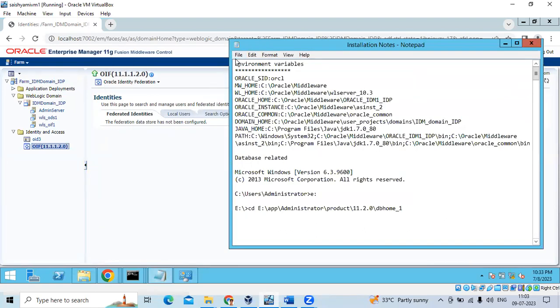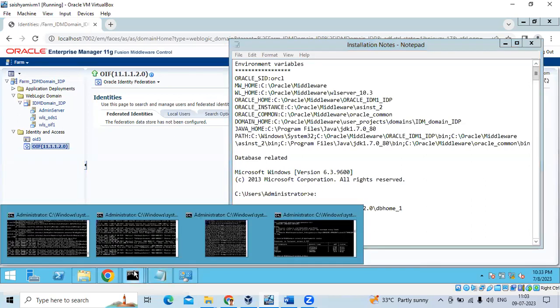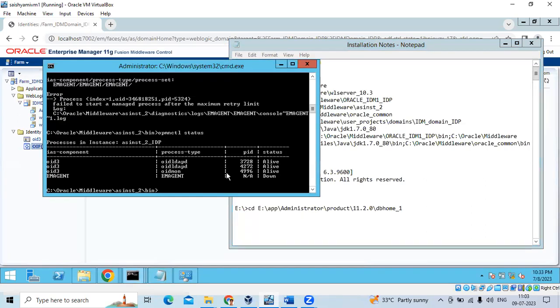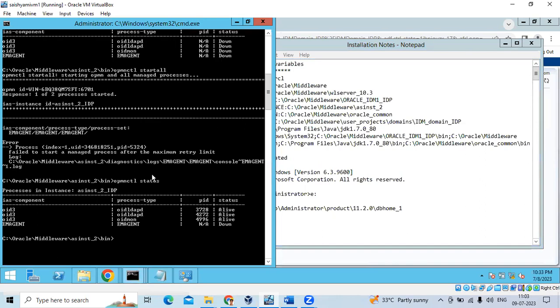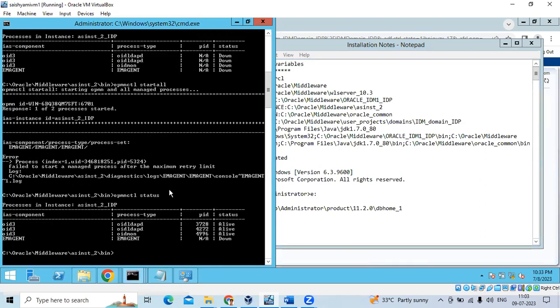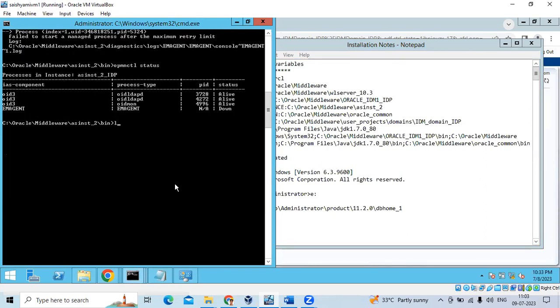These are some of the steps which I took just after I completed my last video. Also, I had to fix one issue related to the listener in the database. I'll quickly show that also before we jump into this. So if you see here, if I give this lsnrctl status command,